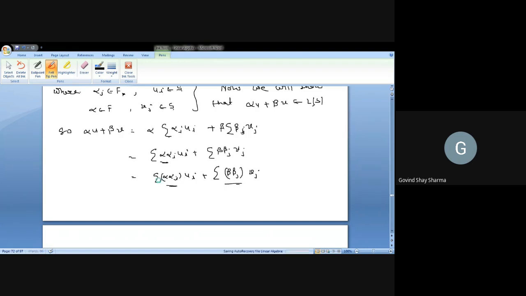We can put alpha alpha i as alpha and it becomes, so we show that alpha u plus beta v can be expressed as a linear combination of S. That means alpha u plus beta v